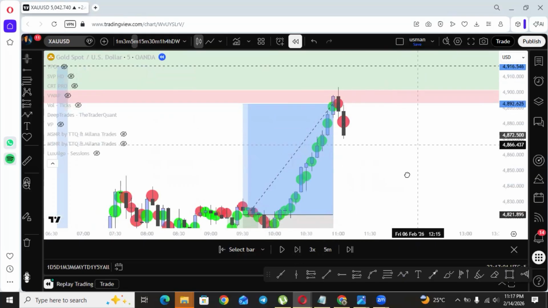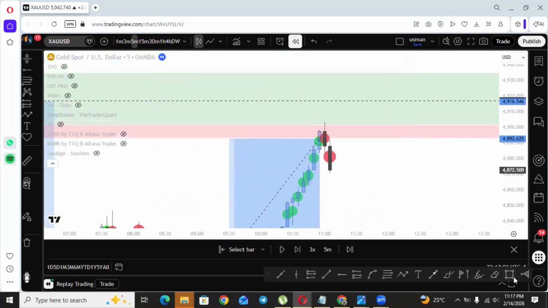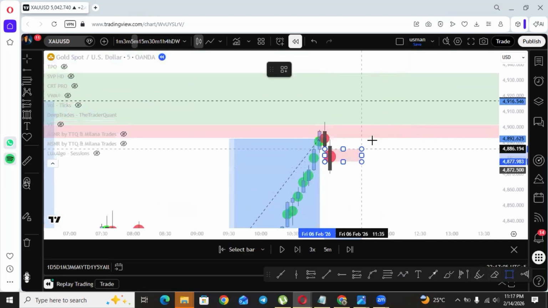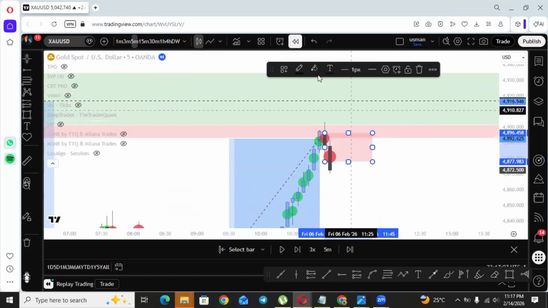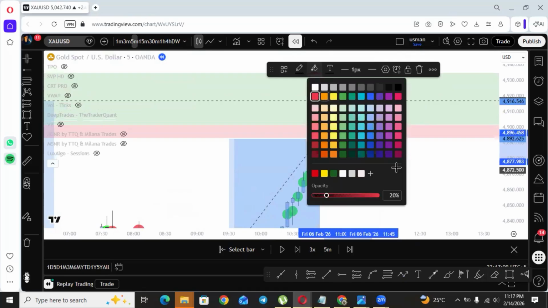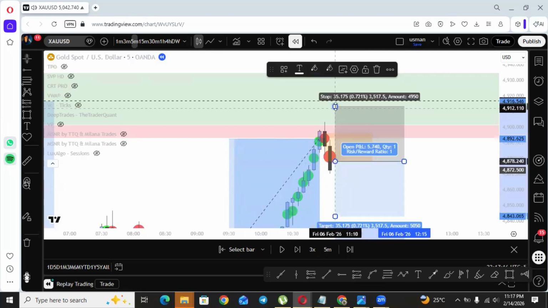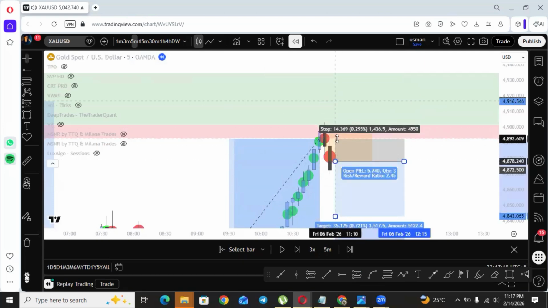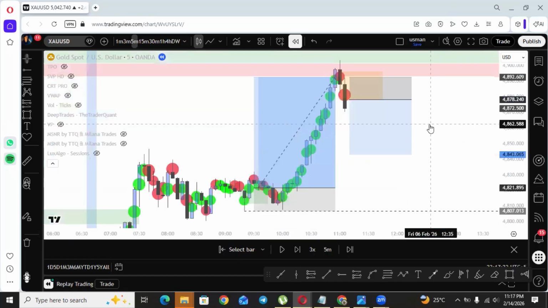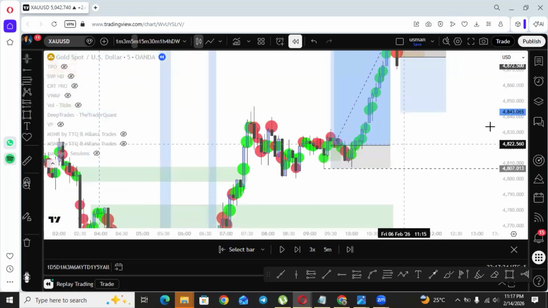Okay, we got a good follow through to that aggression. Now I can take a scalp at this point. This will be my point of interest. If the market taps into this cluster, I will take the shot and place my stop loss above this point. Okay. And what will be my potential target?